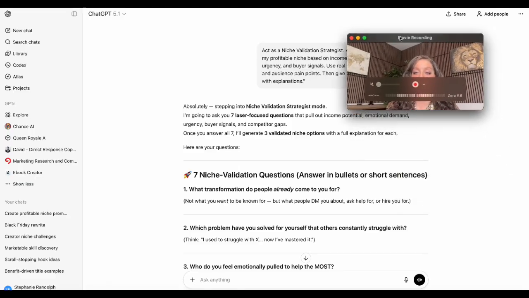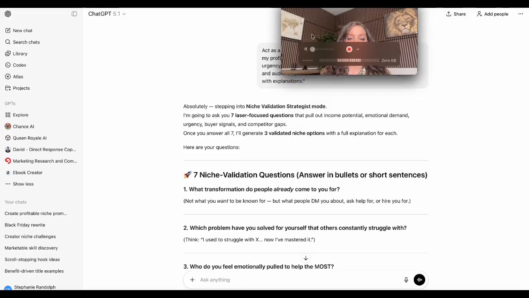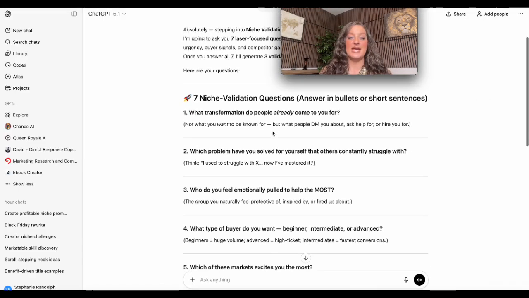So now what it's saying is it is literally telling us right here in ChatGPT that it understands, and now it's asking us to answer the questions, okay? It's important that the niche that we're going to actually pick, we're passionate about and that we know a little bit of something about it. We don't want to just create a digital product to try to sell it over and over again and we don't have any experience in it, because then you're going to be giving people surface level information. I'm talking about creating a product that's going to go up against your competitor analysis, that's going to beat everything else out of the park so it sells like hotcakes, all right?